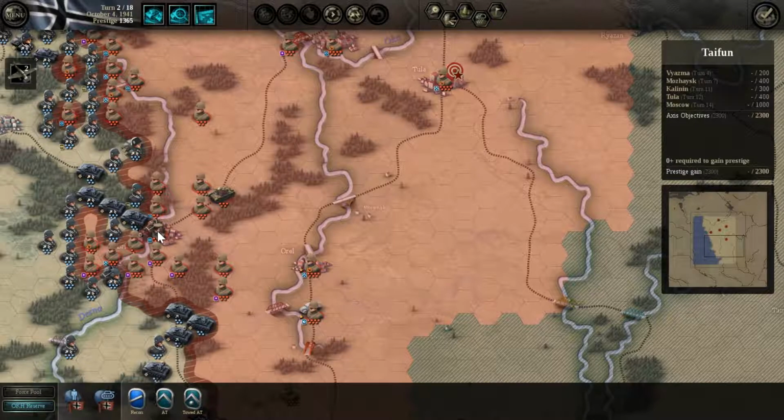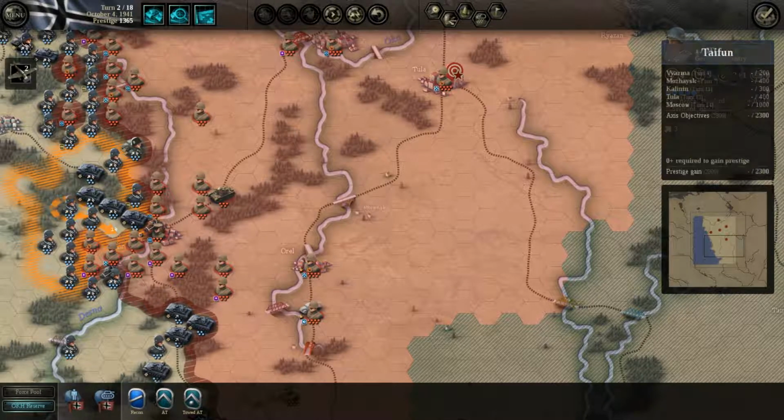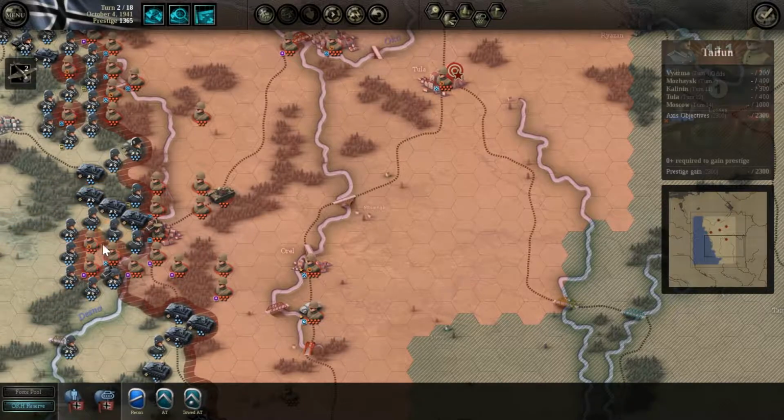Oh, I should have hit him with the airstrike. I wish I could take that back. Unfortunately, it's not a move that I can undo. So I'm going to go ahead and move this guy here. I'll have this guy come in, knock that guy off, fill his hole. Okay. And I didn't mean that to sound as dirty as it came across, but...